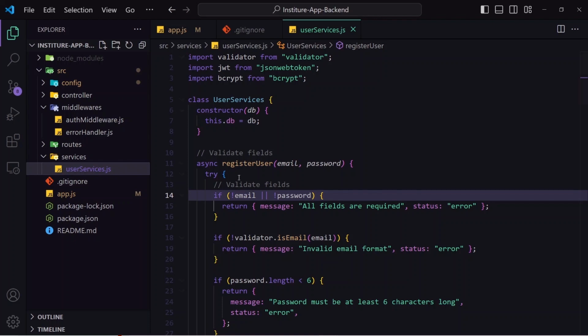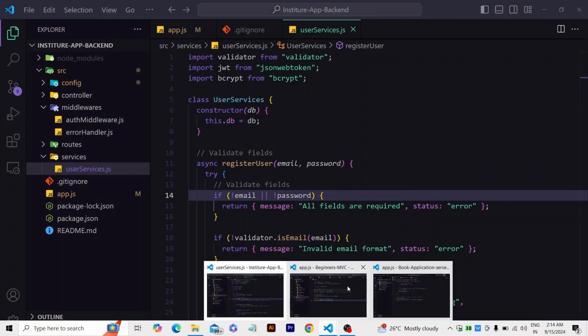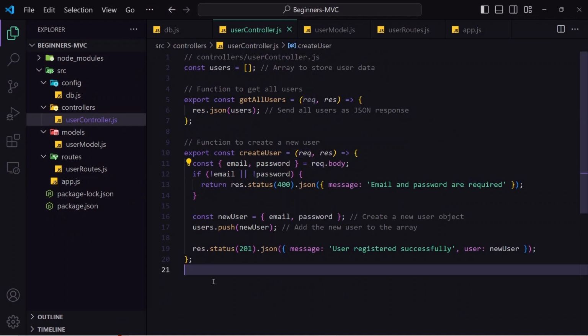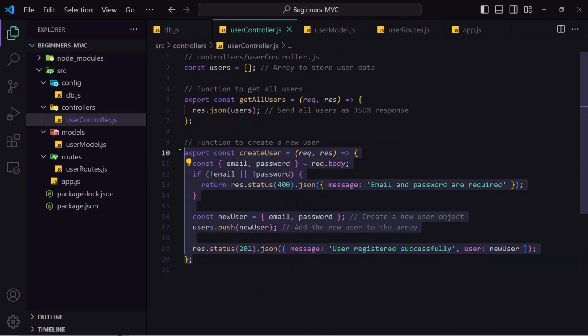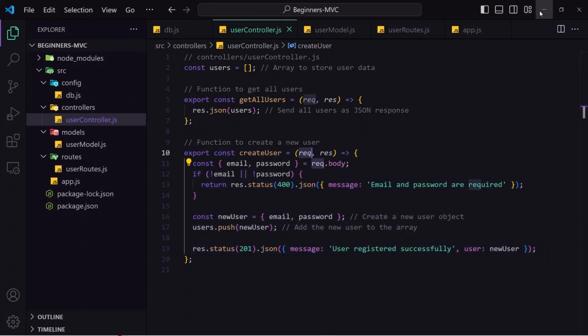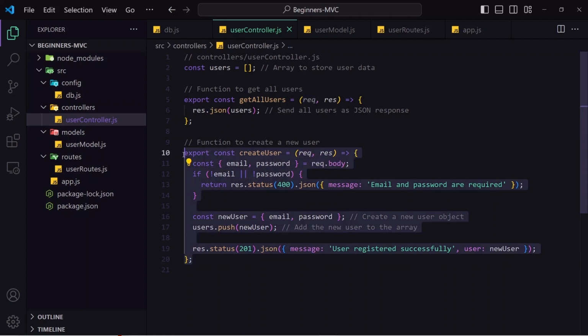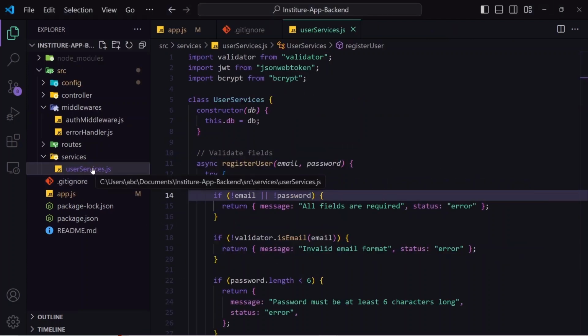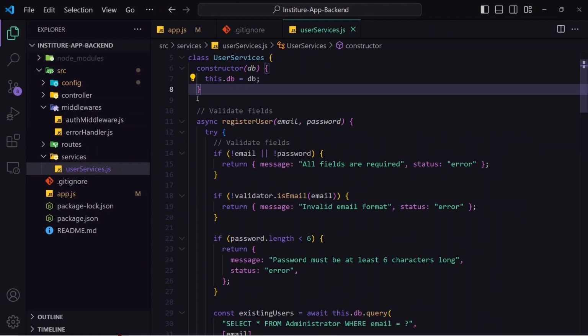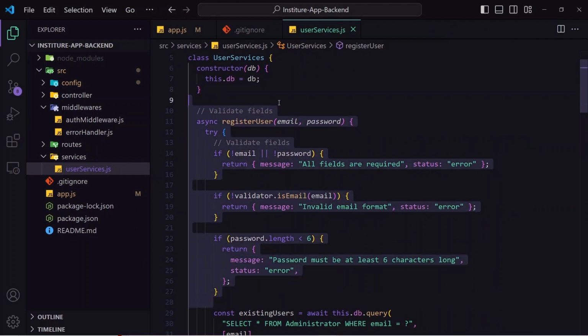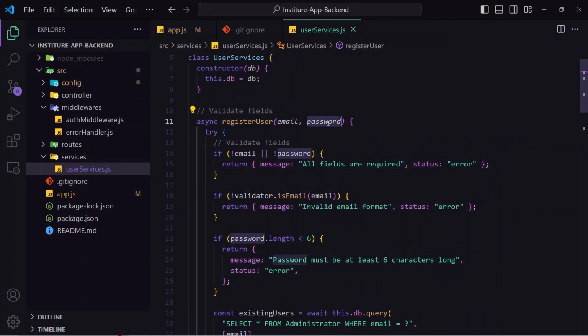And the answer is that if we see the code in the controller, let's suppose the error is inside this create user. So what will be your instinct? You will come here and try to go through your logic, like whether you have written a correct API or not. But in reality, the actual issue might be with the request you are receiving. Like you are receiving the invalid request, but you are directly modifying your logic. So that's why when you create the service, you can see here inside service, I have written all my actual business logic. And here I am receiving email and password directly, not the whole request object.